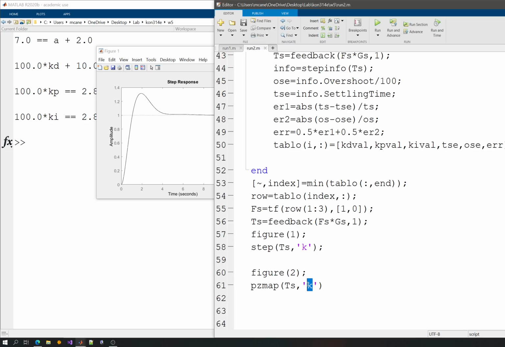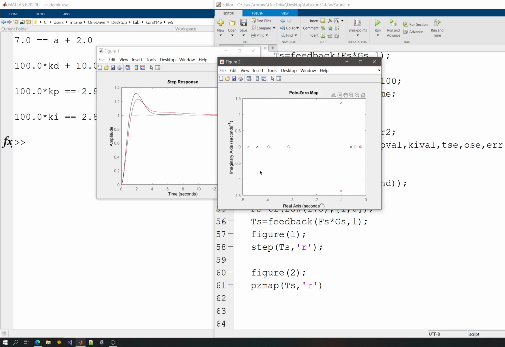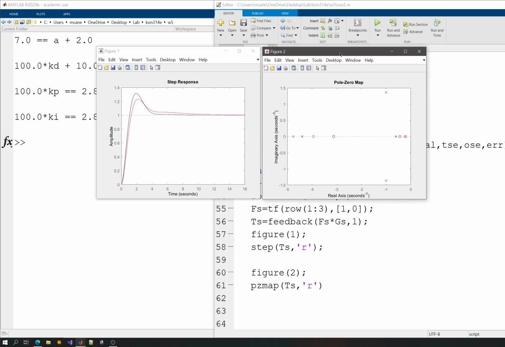And then I will have red and red for the case where I am caring more about the overshoot than the setting time. And run it back again, and it should combine these two graphics. As I've said before, you can go ahead and choose to code it with a for loop, but it depends on your choice. Now, I can see that my combination with the red one has a better pole